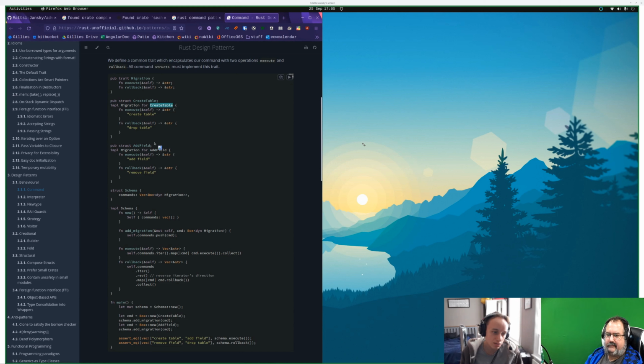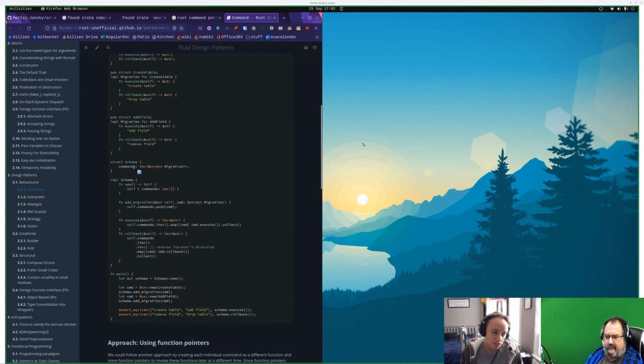So you've got a create table and an add field, both of which are types of migration, and they implement execute. When you store this, you use a Vec of Box dyn Migration. So Box dyn Migration is the important part. Then you're able to do add migration. Yeah, I think that over here they're using a vector because you can send multiple at the same time, yeah? Yeah, I suppose they string them together. Which is not what we will need to do anyway. But the box and dynamic part, we are going to need it anyway. Okay, I think we have something to go on from here.